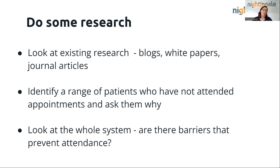And of course, another obvious one is to identify a range of patients who have not attended appointments and ask them why. So go to the source and actually ask. And this is something that's often overlooked, partly because I think people are a bit worried about it. It seems like a lot of effort, but even just talking to 2 or 3 patients, or talking to 2 or 3 users in whatever context can start to open your mind to, okay, there's a lot more going on